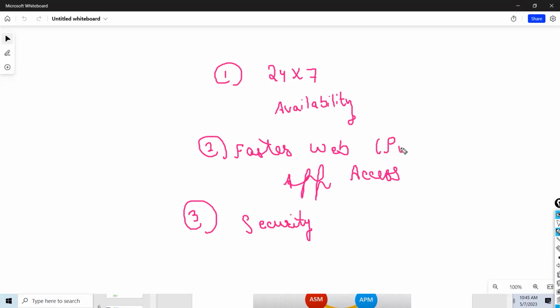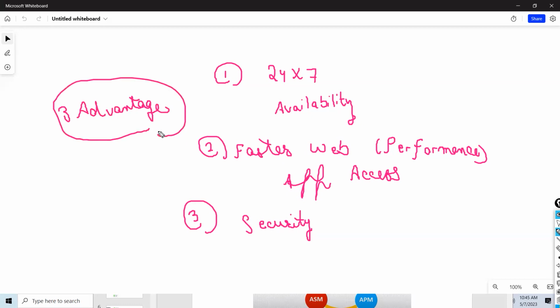It is also called performance. So when I talk about F5 or a Big IP product, guys, these are the three advantages which you should know. What are the three advantages of a load balancer? First, availability of your application, performance, and security.